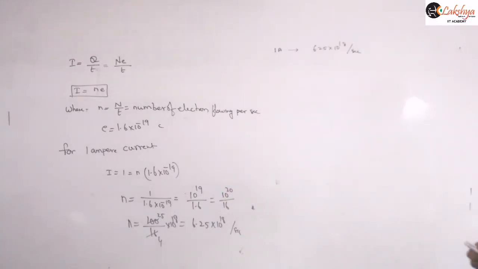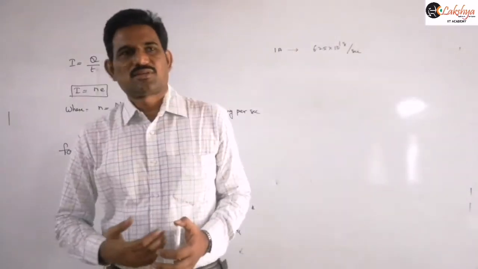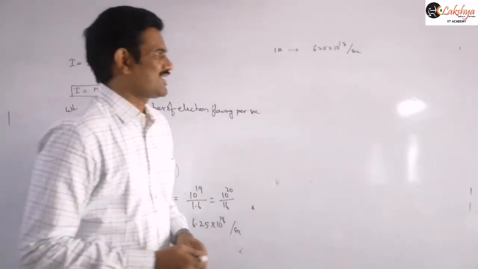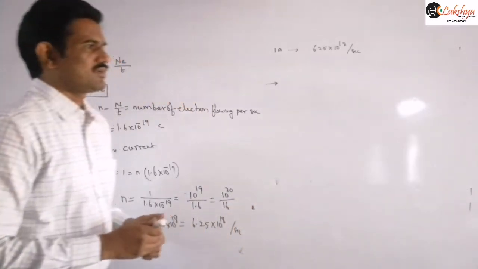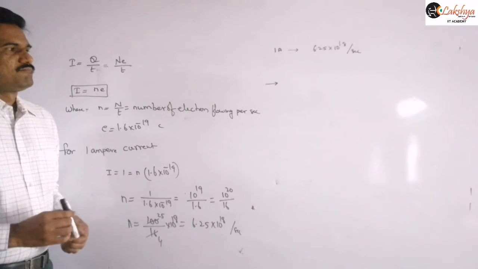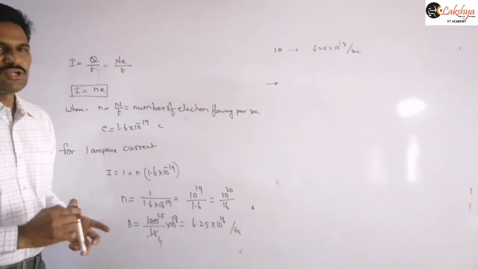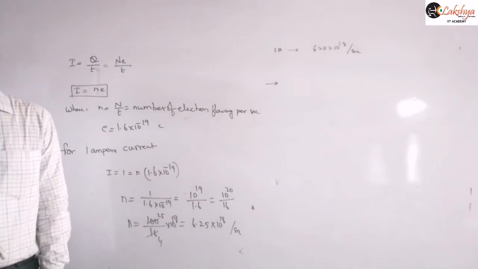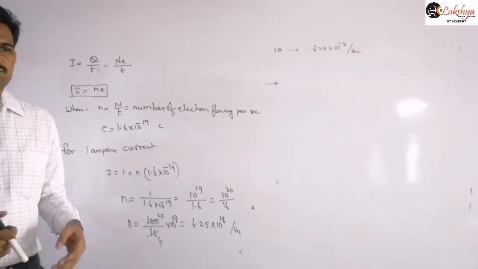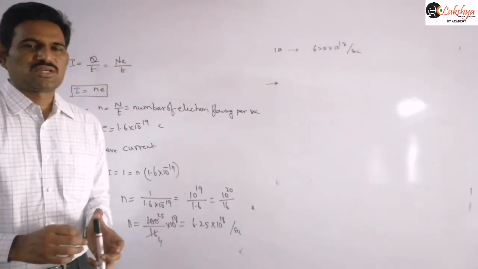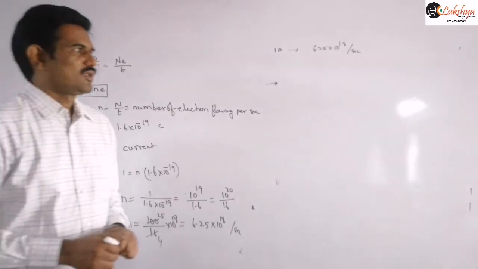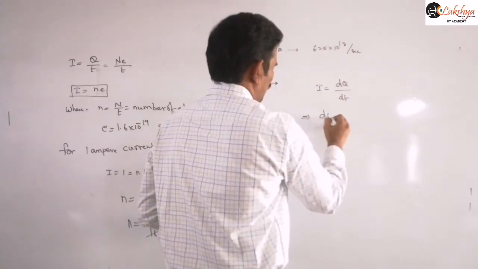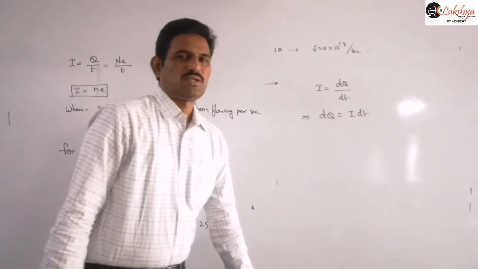And so next, we can also write that whenever a variable current, a time dependent current, is given, we need to calculate the charge flowing through it. So the charge flowing through the given cross section we can calculate like this. Mention the next point: if the current flowing through the given cross section is given, then we can calculate the amount of charge flowing through the given cross section in the given interval of time as